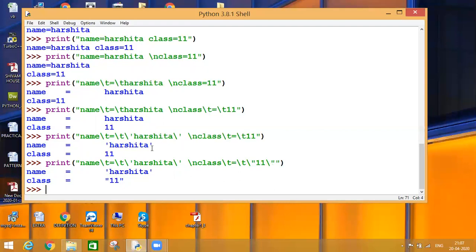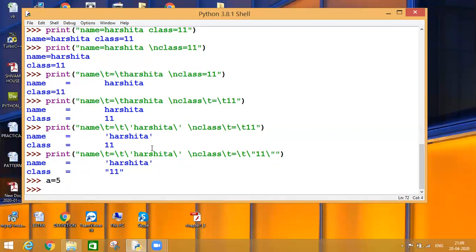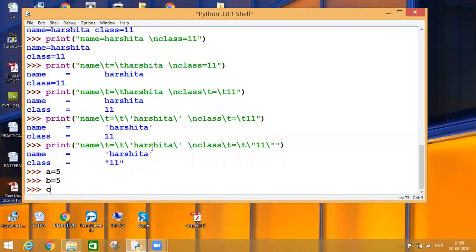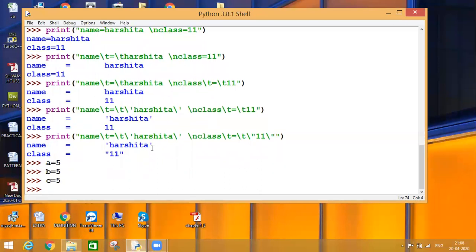So the third part of my variable is value. As we have talked about, whatever expression or value we write at the right hand side of the assignment operator becomes a value. I hope I'm clear with the concept. Let's discuss one more last concept quickly. Like if I want to write A is equal to 5, B is equal to 5 and C is equal to 5, what am I doing over here? I'm assigning the same value to three different variables.